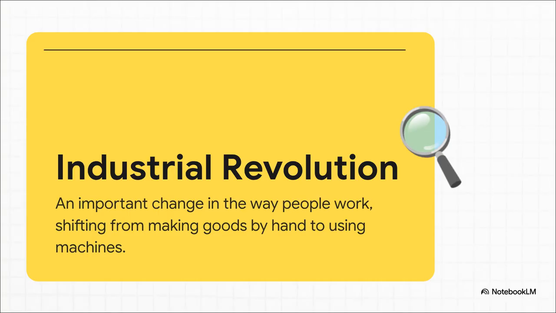And this brings us to a really crucial exam question. Why on earth do we call it a revolution? Well, because the shift from using hand tools at home to giant machines in a factory wasn't just some small improvement. It was a total, world-shattering transformation. It changed where people lived, how they spent their days, and even what they believed was possible.